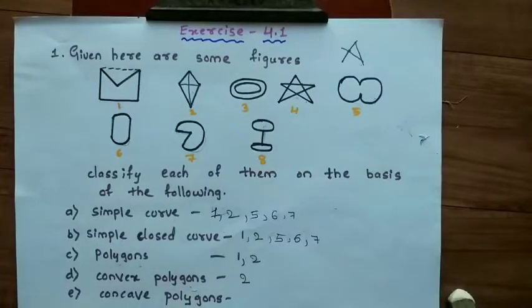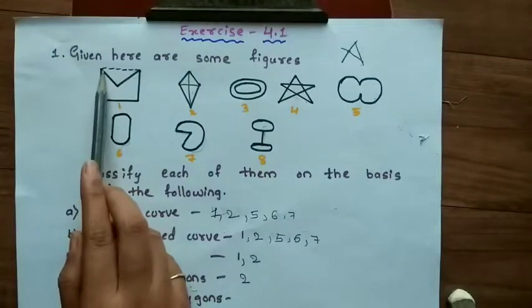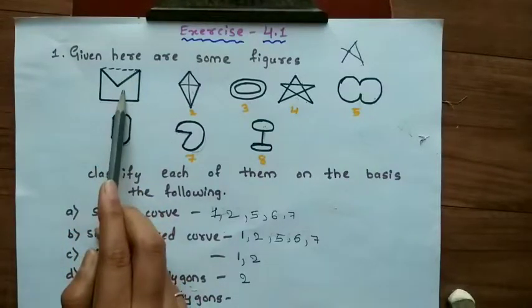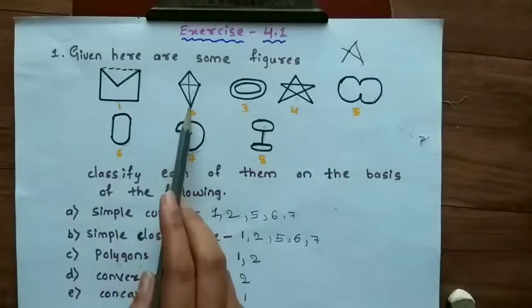And the next one, concave polygons. What is meant by concave polygons? In a polygon, if the diagonals are outside of the figure, it is concave. In the first figure, we can easily draw the diagonal outside of the figure. Then figure 1 is said to be a concave polygon. Here you get only one concave polygon, that is figure 1. The convex polygon has only one figure, that is figure 2.